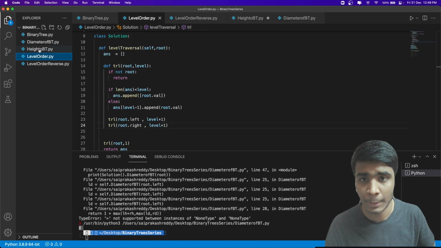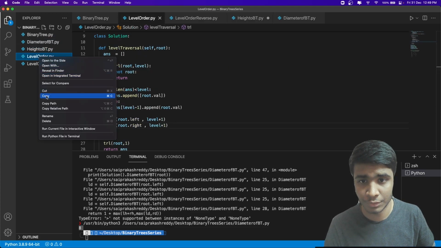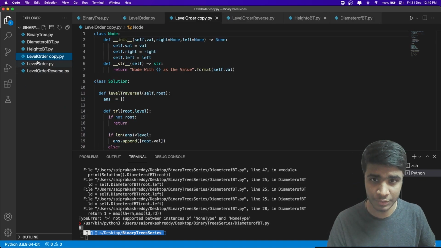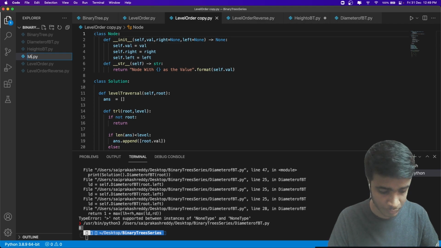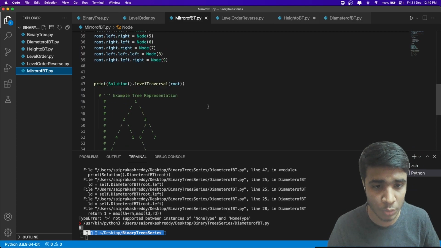Okay, I'm trying to see which solution I can copy. Okay, I'll copy this, paste it here, and rename it to mirror of tree. So I have this node and I want to mirror it, right?